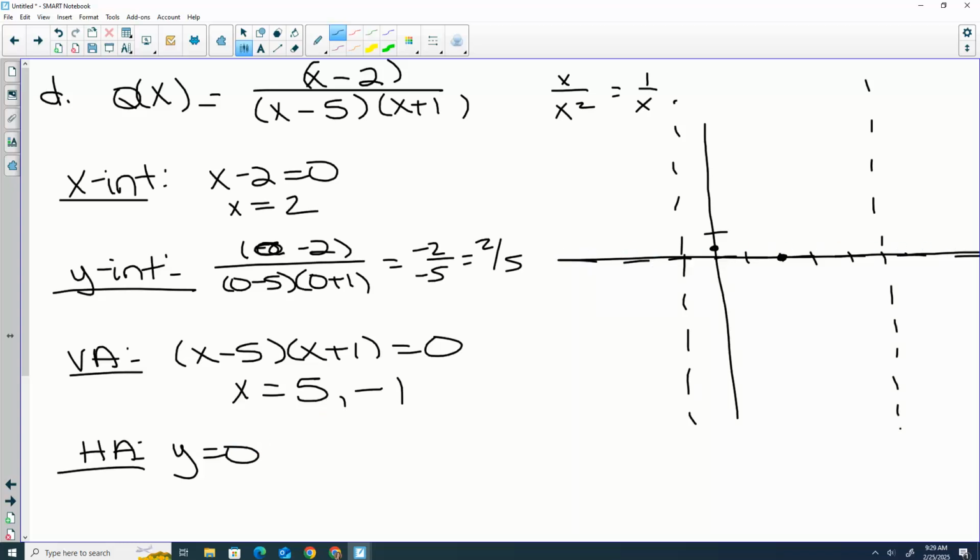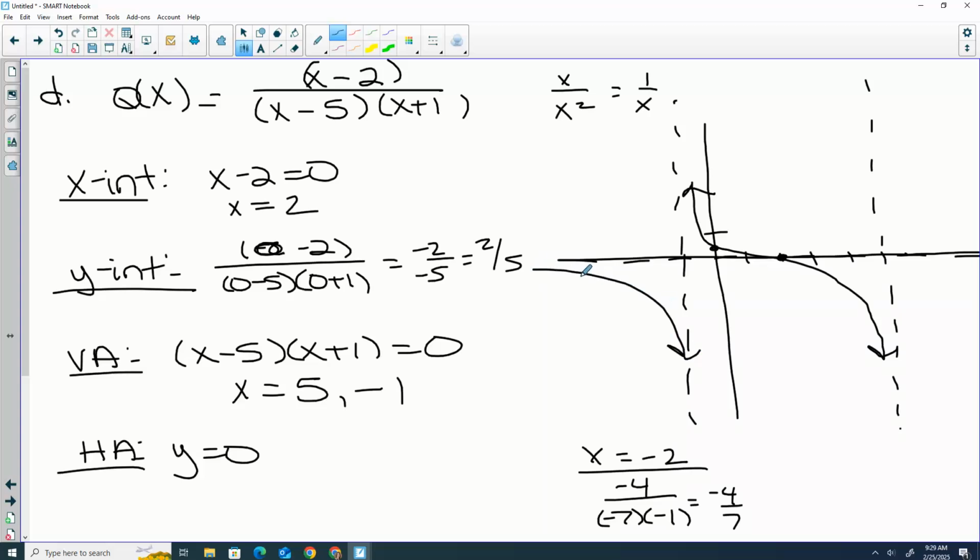Not a big deal that we have a point on that, because I told you you can cross a horizontal asymptote. So the middle section, I know I have to go through this point. It's not going to bounce because it wasn't squared. So it just has to go through and keep going down. For the others, we need to plug in something, so if I put in a -2, I get -4 over -7 times -1, so -4/7, so that's negative, so it's down here. And then something bigger than this, so if I put in a 6, I get 4 over 1 times 7, so 4 over 7, that's positive, so that's actually